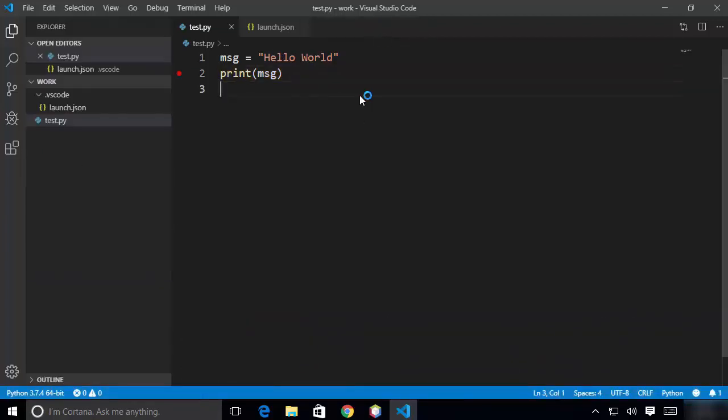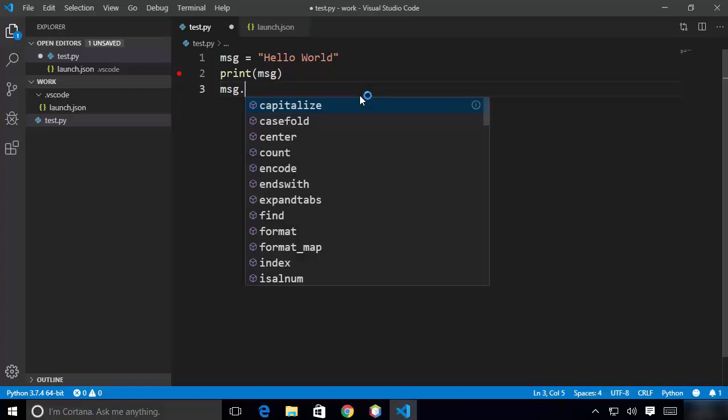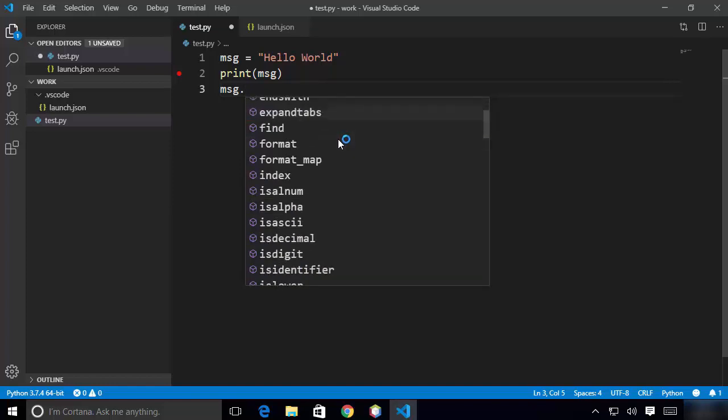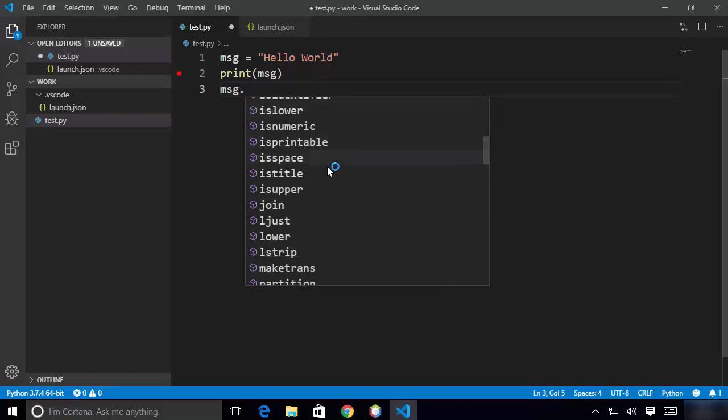Now let's see how the IntelliSense works in your Visual Studio Code for Python. So we have declared this variable called MSG. When you write, for example, dot here, you will be able to see a bunch of functions which you can apply on your string variable. For example, capitalize, or all these functions which are available here.